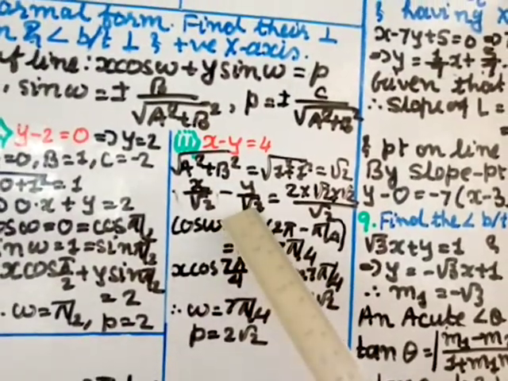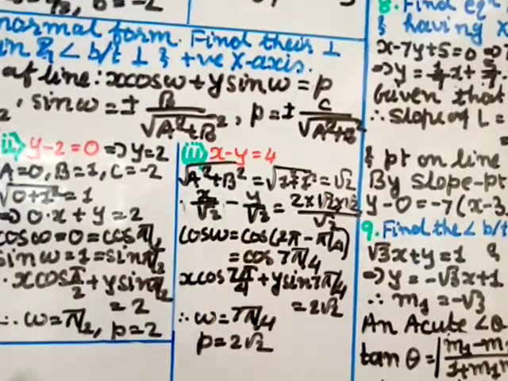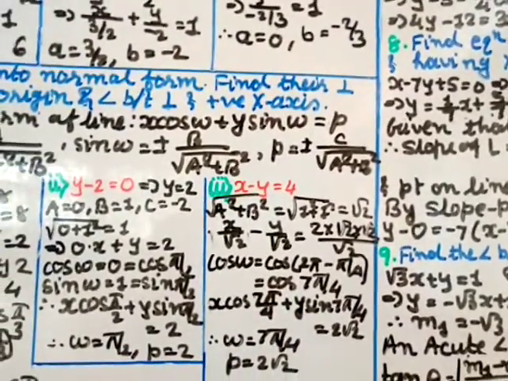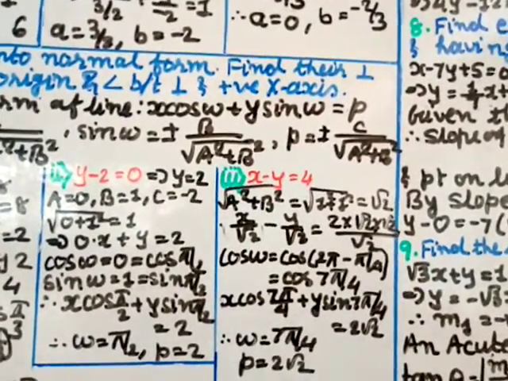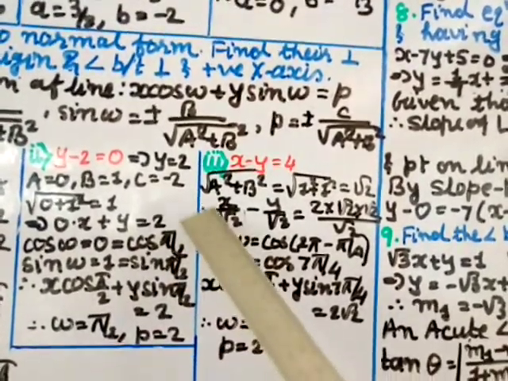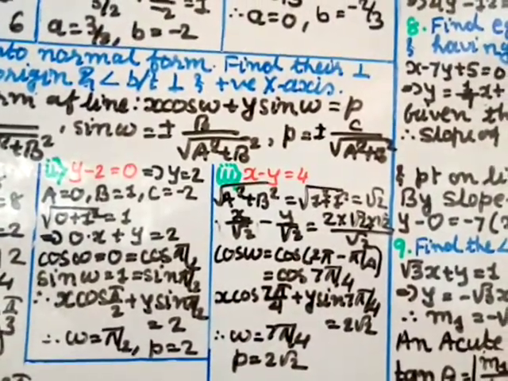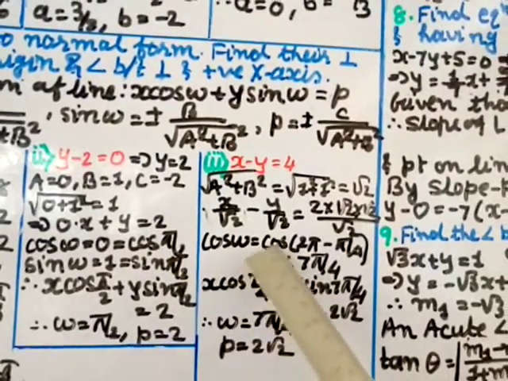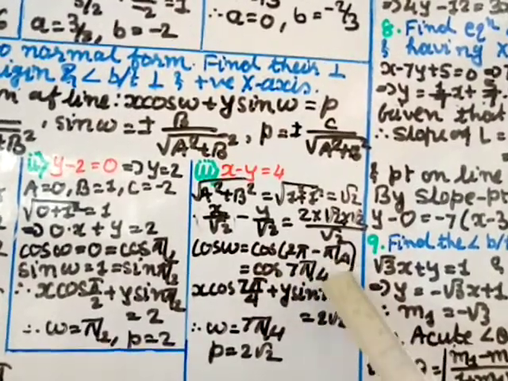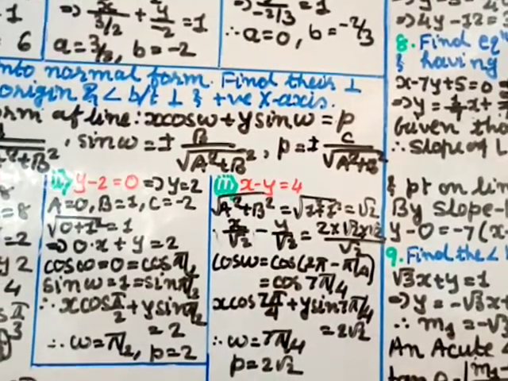Now here see 1 by root 2 and here minus 1 by root 2. So this value is actually for sine. And sine negative and cos positive is in the fourth quadrant. Sine negative and cos positive happens when they both lie in the fourth quadrant, and in the fourth quadrant the angle should be 2 pi minus theta. So now here 1 by root 2, 1 by root 2, that is for pi by 4, cos and sine both are 1 by root 2. So I can write cos omega is equal to cos (2 pi minus pi by 4). Because it is fourth quadrant, so 2 pi minus pi by 4, and pi by 4 why? Because 1 by root 2 value for cos is pi by 4 and also for sine pi by 4.